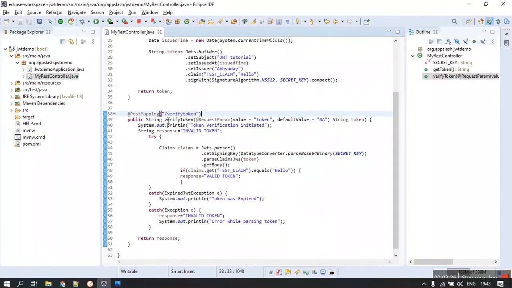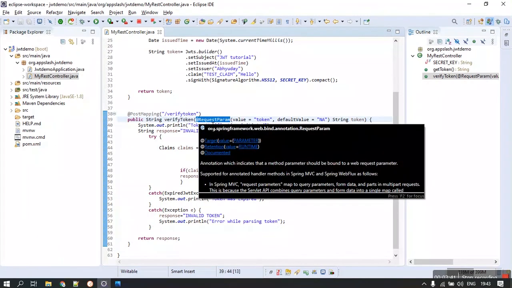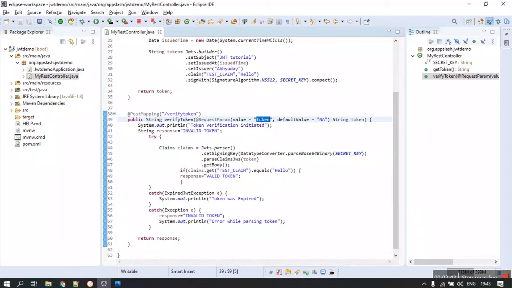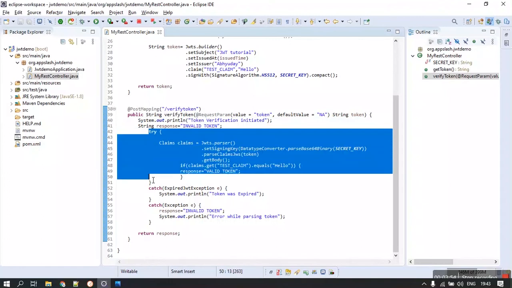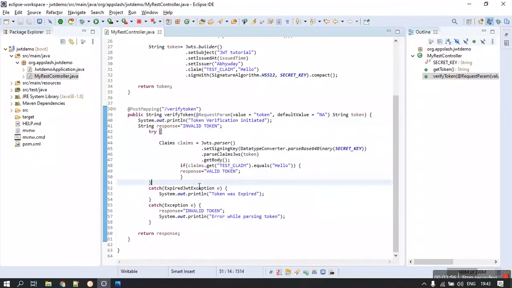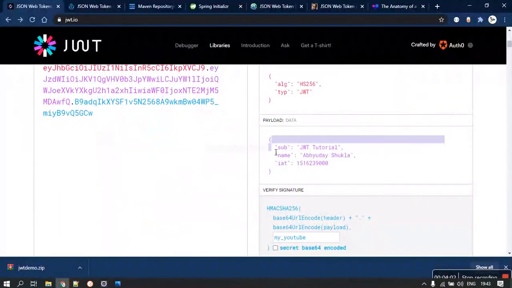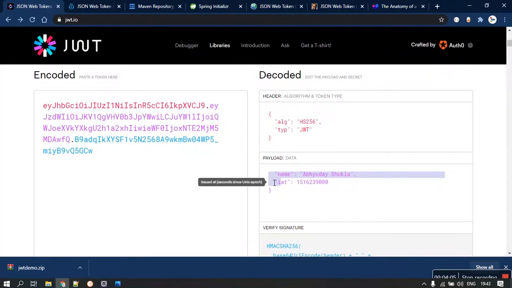So we are now going to have a look at the verify token method. It is going to receive a token named parameter, and that will be stored in token. So I have dropped a little log message right over here, token verification initiated sort of a thing. And why there is a try and catch, I'll shortly explain to you. Let's first jump into getting the claims of the token. So the claims of the token are essentially what we want.